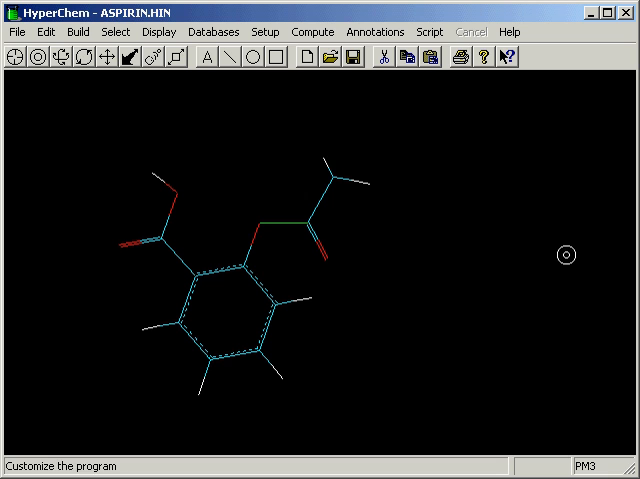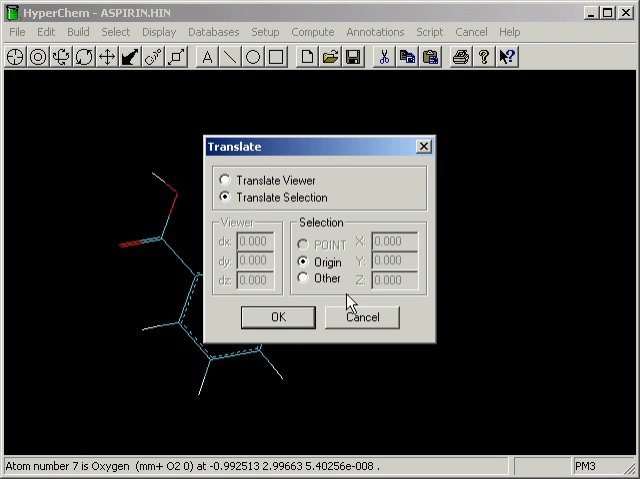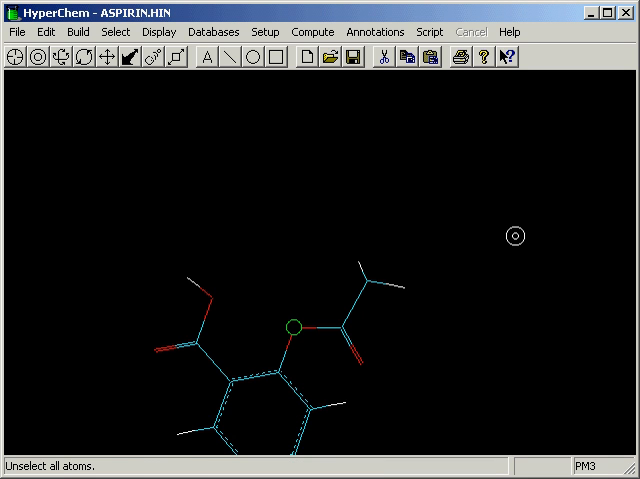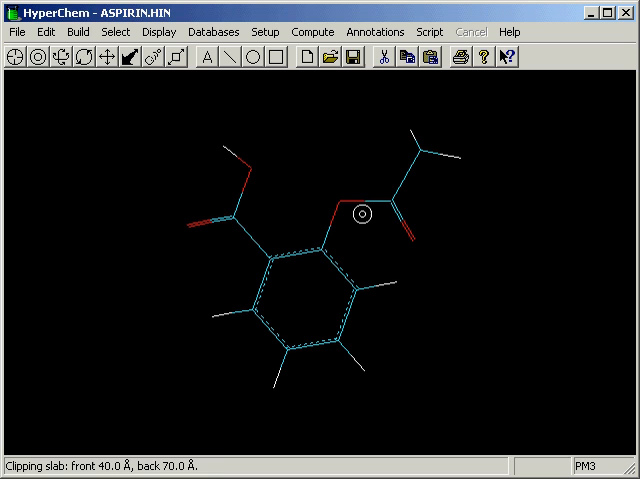If now we wanted to put this one at the origin, we could do that. Take the selection, translate the selection to the origin, and center the molecule again. And now this atom is at the origin 0, 0, 0, and this atom is at 1.3600. That is, it's directly along the x-axis because we've aligned this bond along the x-axis,